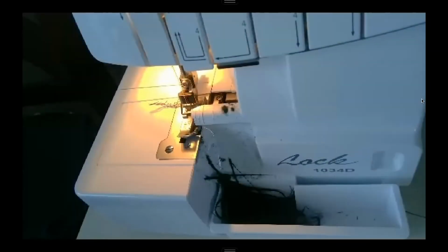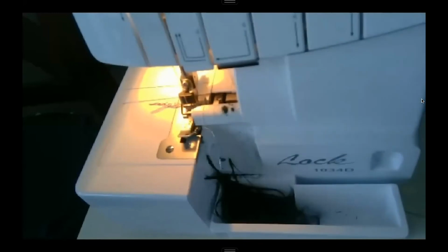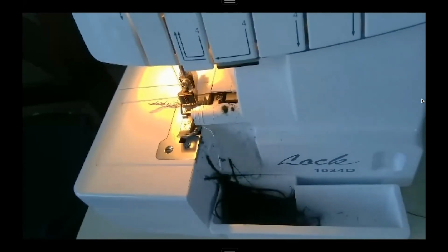Okay, so here we are at my serger, and we're going to go over, like I said, every piece in the pattern, and I'm going to tell you what areas need to be serged and what areas do not. Now, for this one, I am giving you the answers because we've never done it before in this way. But essentially what I'm doing as I go is I'm thinking about what sides of this pattern piece are going to be exposed on the inside of the garment. What areas are you going to be able to see when you turn this garment inside out,